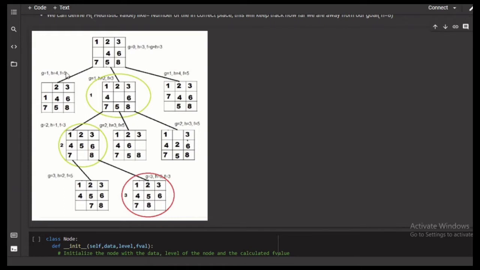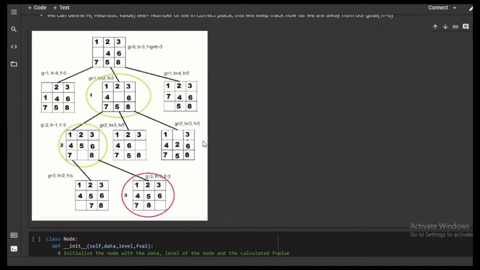So we have selected this one because it has the lesser F value. We repeat the same process, calculate the children of this child, select the child whose F value is less, and repeat this process until we reach the goal state, that is when H value is equal to 8.